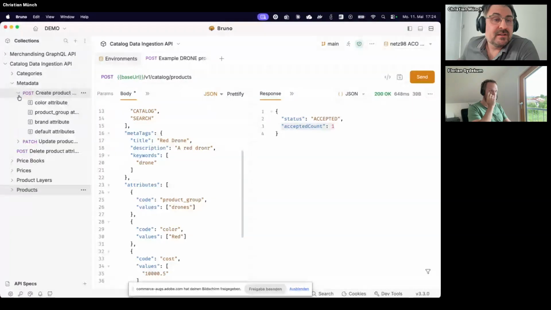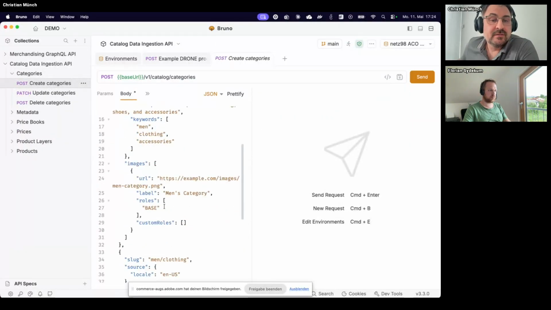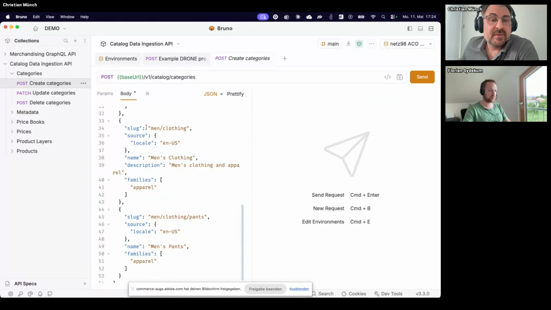There are also other things here, like you can add an attribute tree, which can be cascaded. And everything here is designed as CRUD operation. So you can always create, update, or delete your data. So you can get rid of wrong data as well. That's for all the endpoints here. That's always a post to create and a patch to update and a delete to delete.